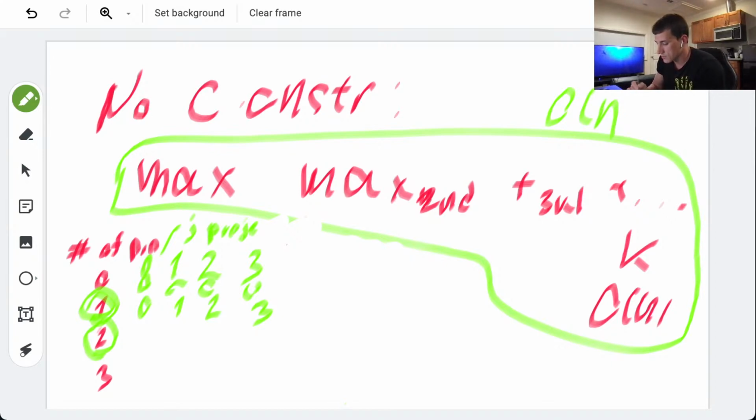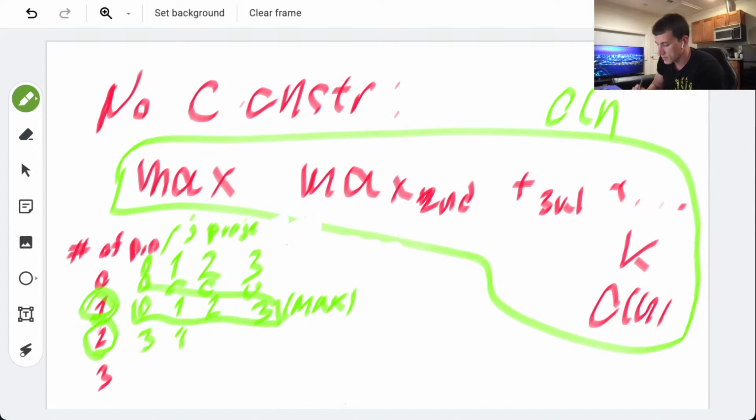If we select 2, in this case it was 1, the previous project selected, right? And it was the max among this and this one, which is 3.